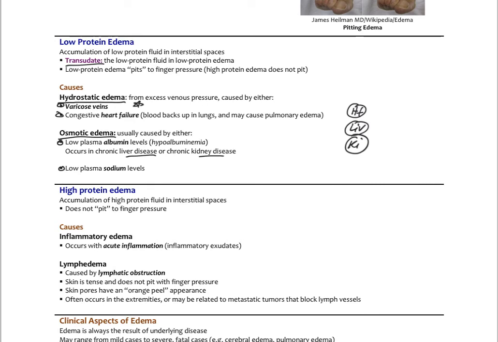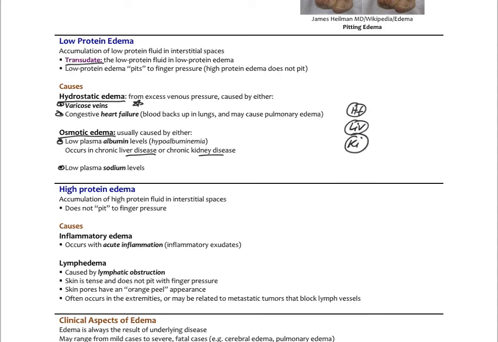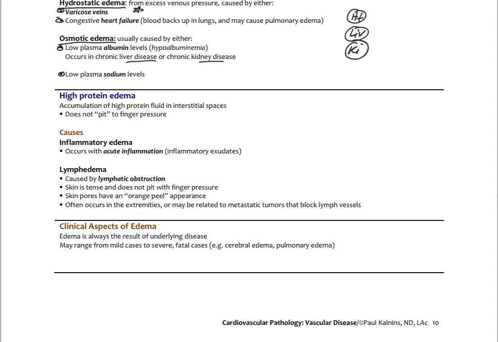High protein edema, again, doesn't pit to the finger pressure, and there's two main causes here. One is inflammatory edema, so all the acute inflammation actually. So if you sprain your ankle, for example, and it gets all swollen with edema, that's high protein fluid, and that's from all that inflammatory activity. Remember, your lymphatics are what drain away the high proteins. Your venous system can't drain away